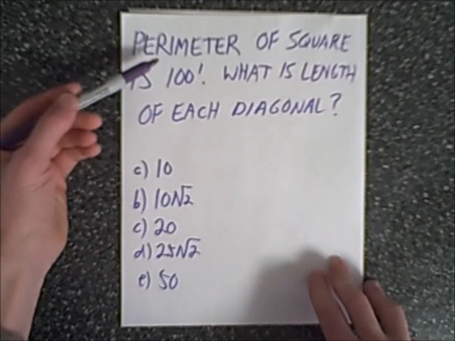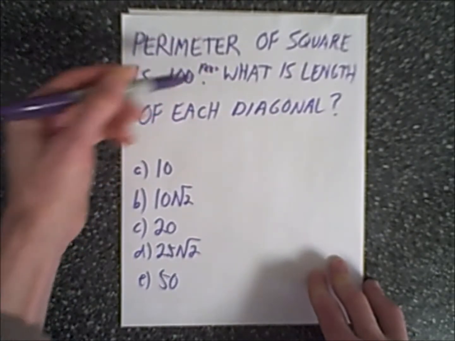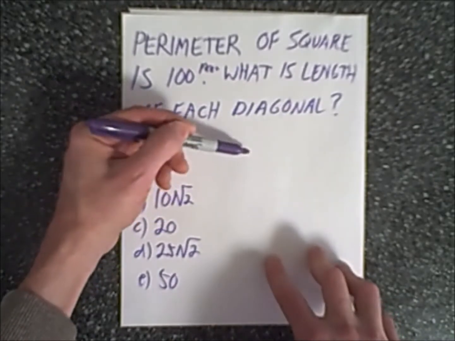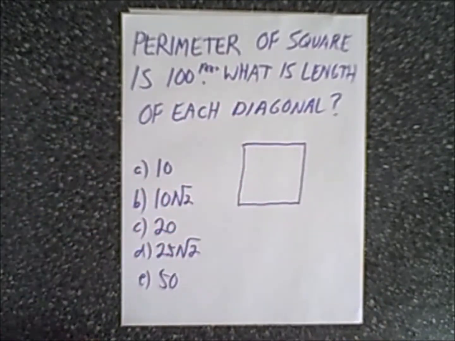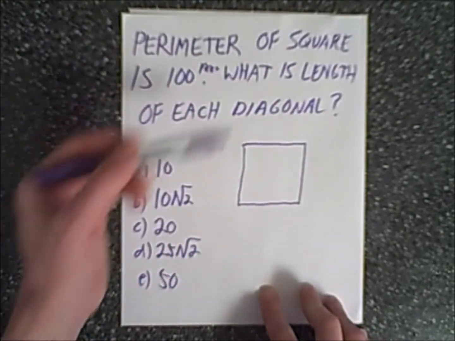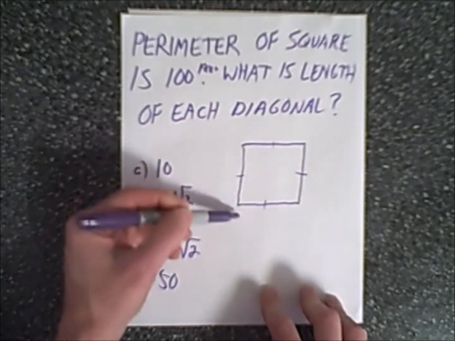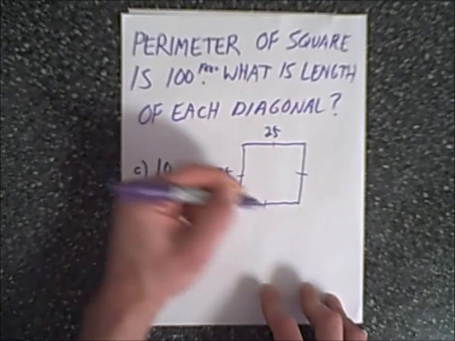Now we have the perimeter of a square is 100 feet. And what is the length of each diagonal? And so obviously it's important to first of all know what a diagonal is. And what we're going to do is let's quickly sketch this. Here is our square. And the perimeter is 100 feet. And hopefully you know what a perimeter is. It's simply the length going from here all the way around. And since it is a square, all the sides are congruent, the same. And if the whole perimeter is 100 feet, then each side must be 25 feet because they are all the